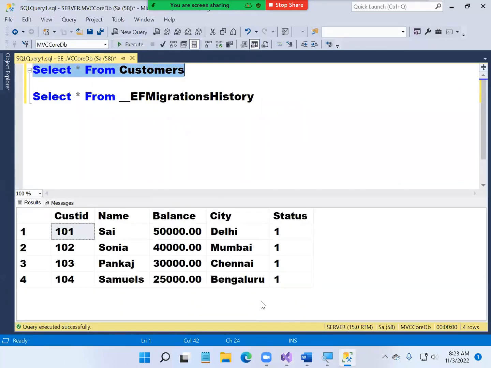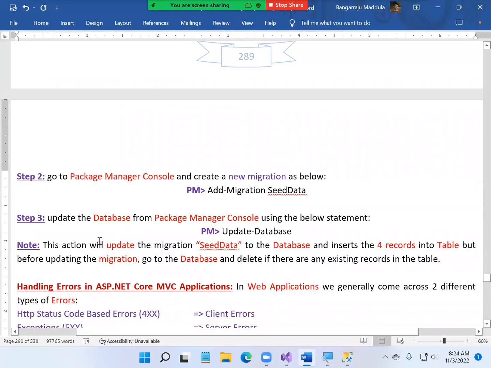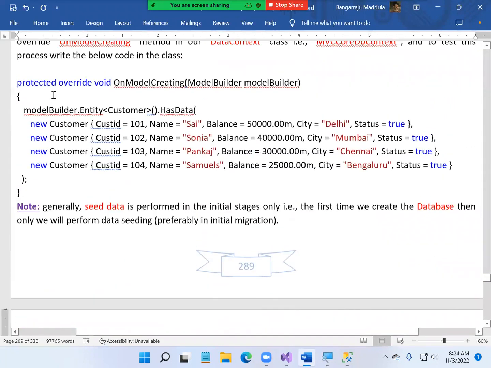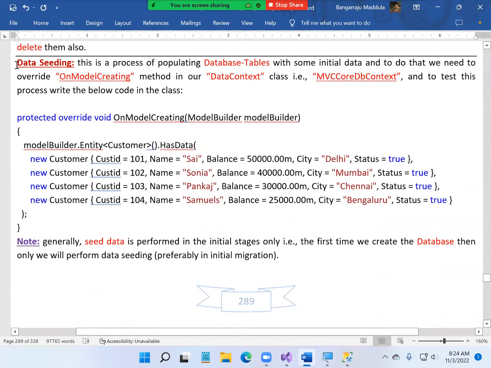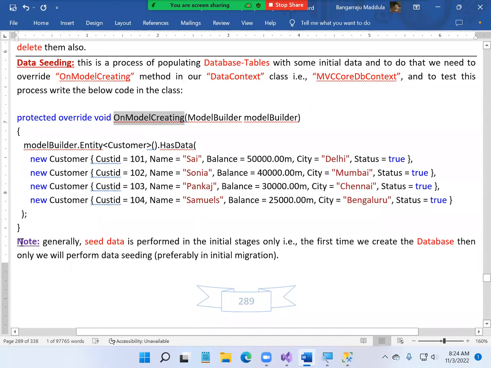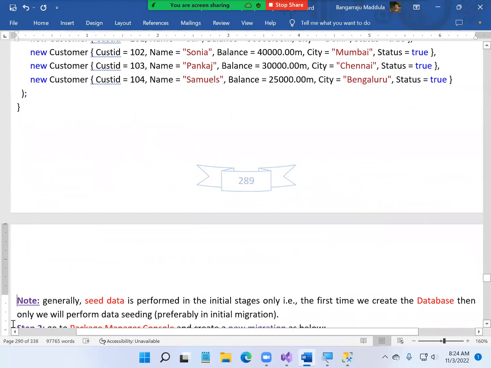Initial data. If you want to perform data seeding, this is the mechanism. Okay, so this is how you go about performing a data seed. Step 1: if you want to perform seeding, what is step 1? You're required to override a method. Which method? OnModelCreating. Once the OnModelCreating method is defined,